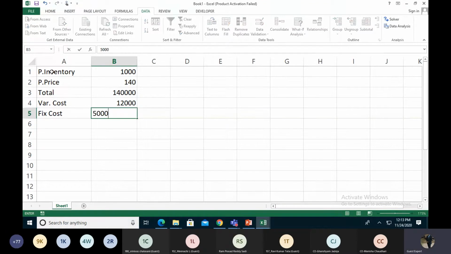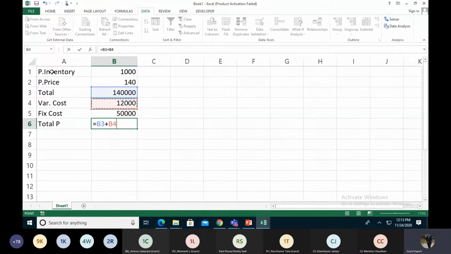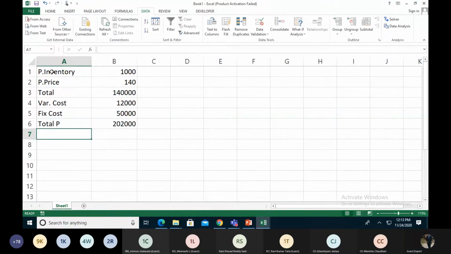Fixed cost means employee salary, light bills, rent; they are all included in the fixed cost. Then I'm putting the sales price. Sorry, total purchase, and then sales price.